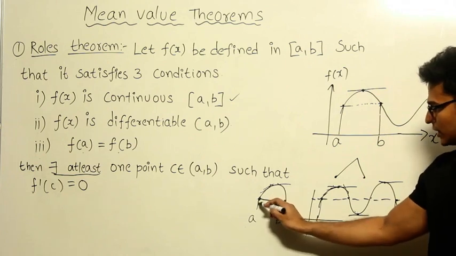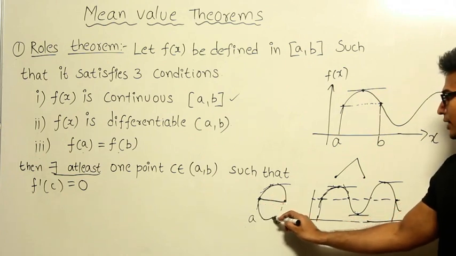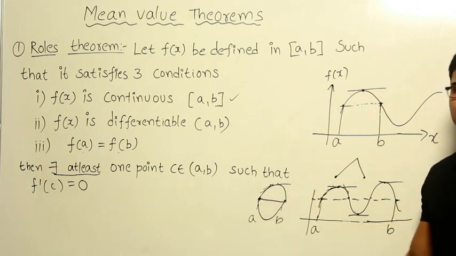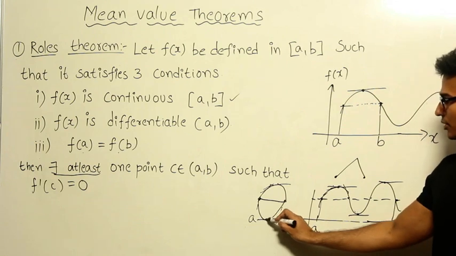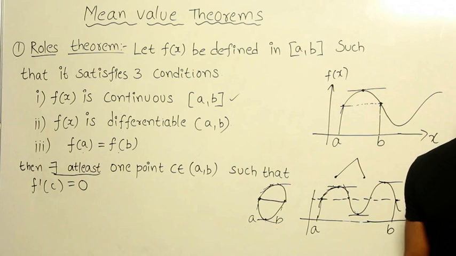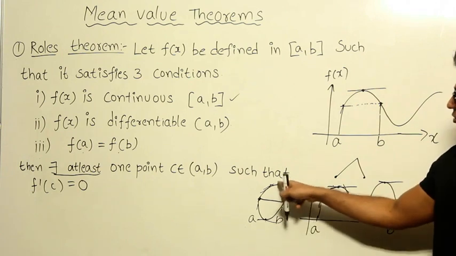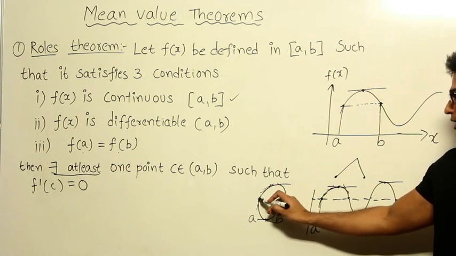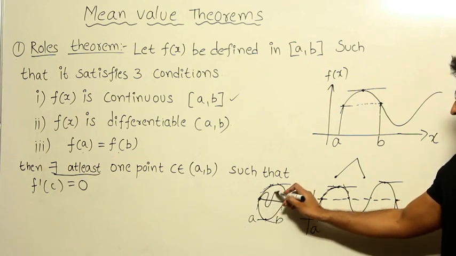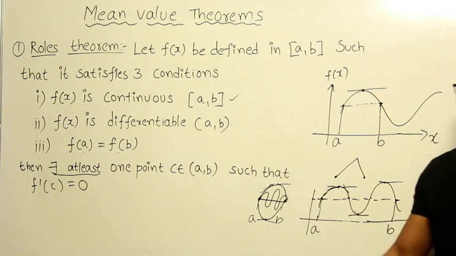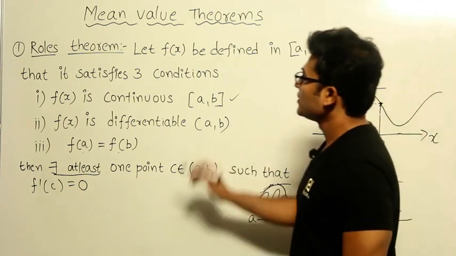What is the other case? The function is going to be decreasing and then again it will increase to reach the same point. Even in this case also, if you try to draw the tangent at all the points, at least at one point you are going to get a point in such a way that it is parallel to x-axis, given that it is differentiable. If it is continuous and differentiable, only these 3 cases are going to happen, right? And sometimes what happens is, you might get it multiple times, increase, decrease, increase, decrease, and finally reach that point. In that case, you are going to get more than one point at which tangent is going to be parallel to x-axis. Got it? Okay, that is about this theorem.